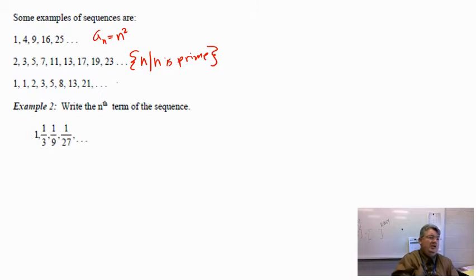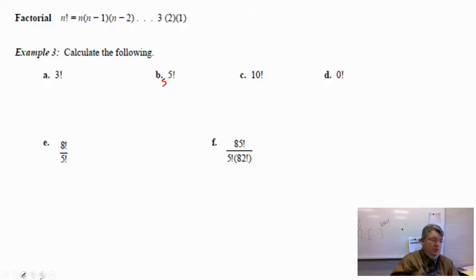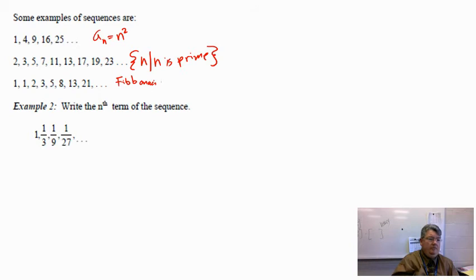This one, this is probably the most famous sequence. This is called the Fibonacci sequence, featured in things like the Da Vinci Code. There we go. This is a Fibonacci sequence. It's formed by this, n such that